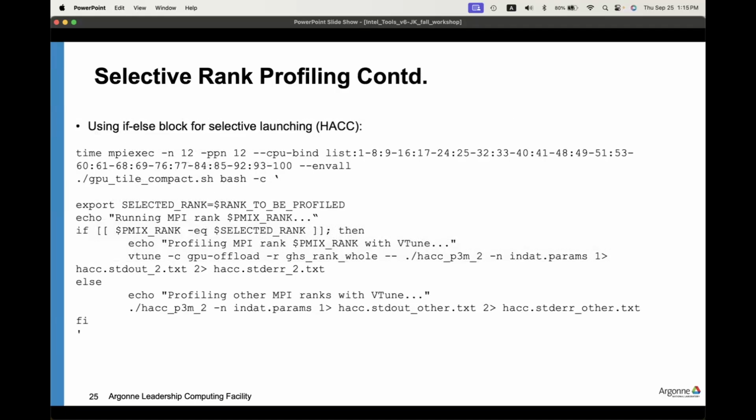This is a fancy way of using a script, used as a hack example. So you have the mpirun line here, and then you have the bash here, and then you have export selected rank, and then specify here. In this example, I'm using 12 MPI ranks. So you may just say, oh, I think rank 5 and rank 10 are interesting. So you may just put 5 and 10 here, and here in the if statement in the bash, you can see the